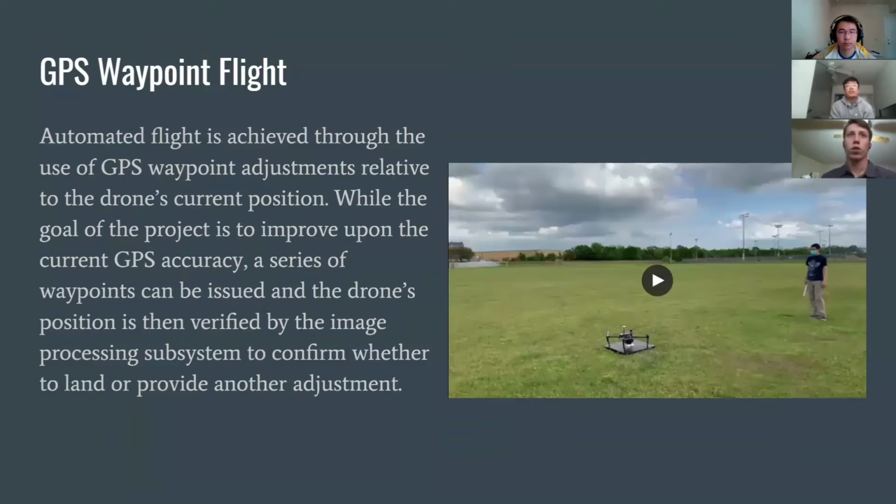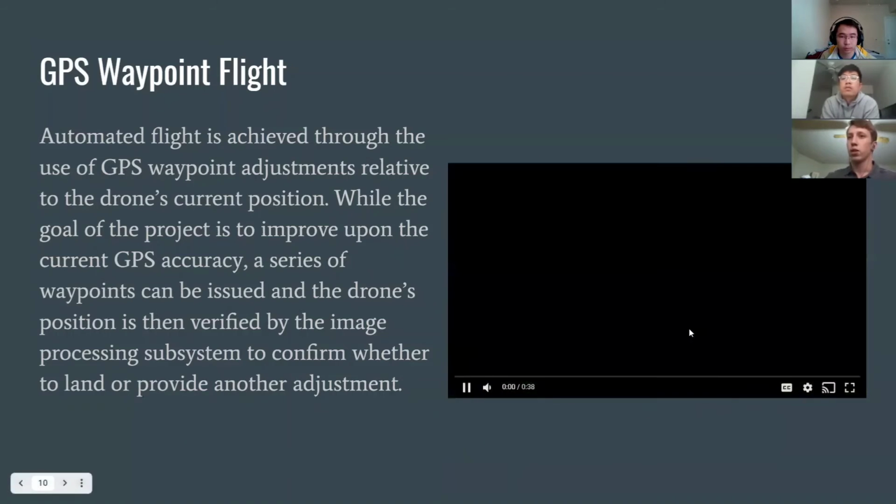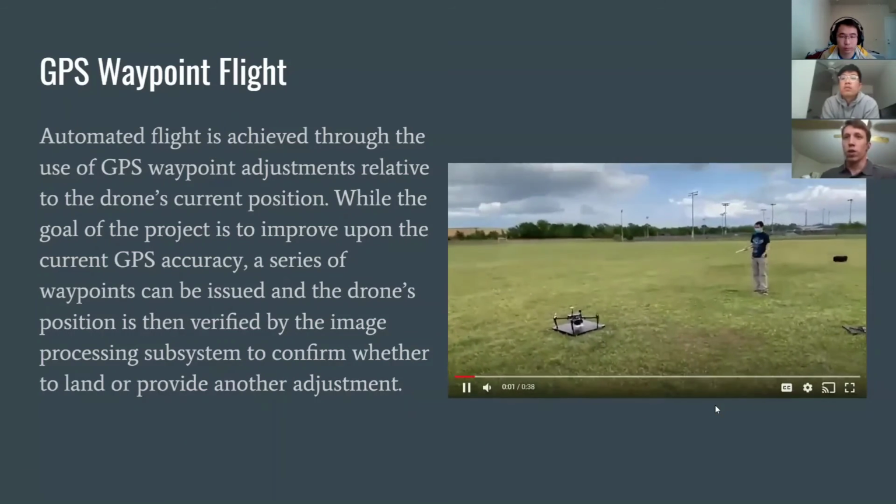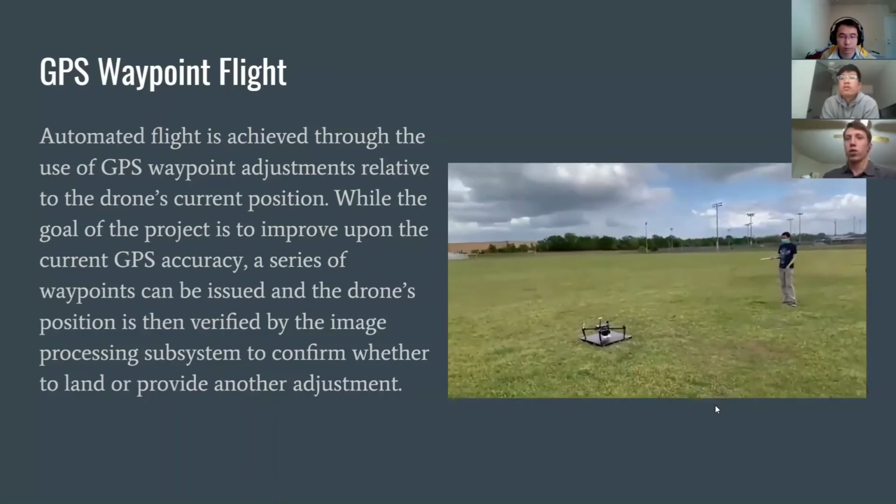In order to achieve automated flight, GPS waypoints are used relative to the drone's current position. While the goal of the project is to improve upon current GPS accuracy, a series of waypoints can be issued and the drone's position can then be verified by the image processing subsystem to confirm whether to land or to provide another adjustment. In this video, this was an automated flight that we created with the drone,